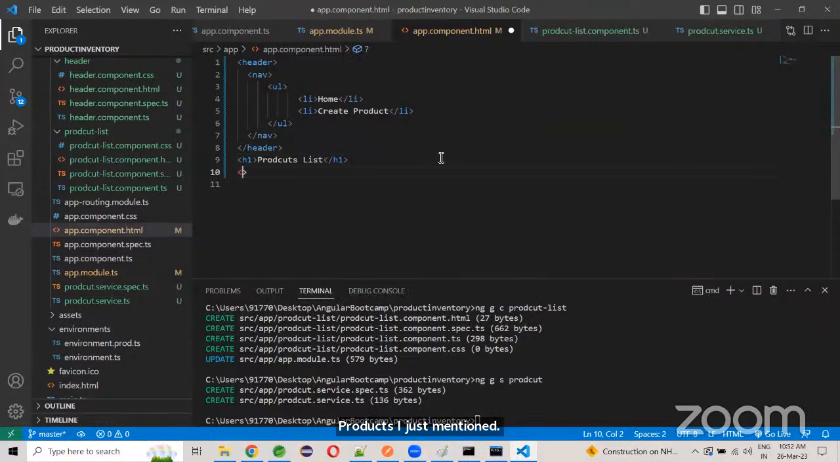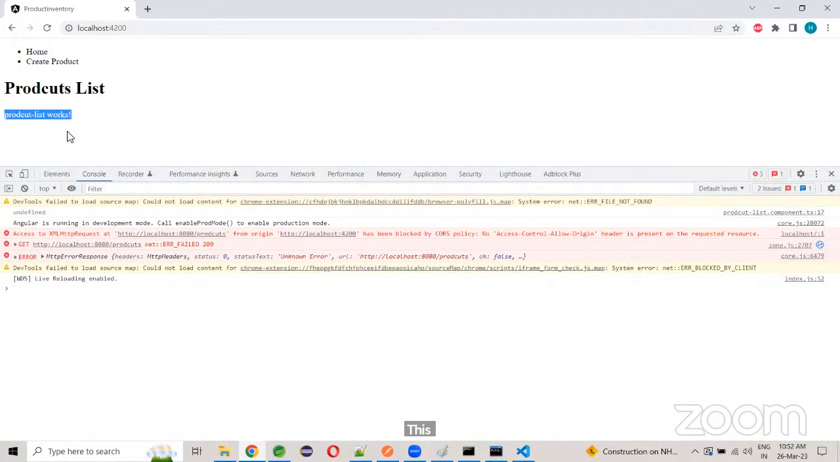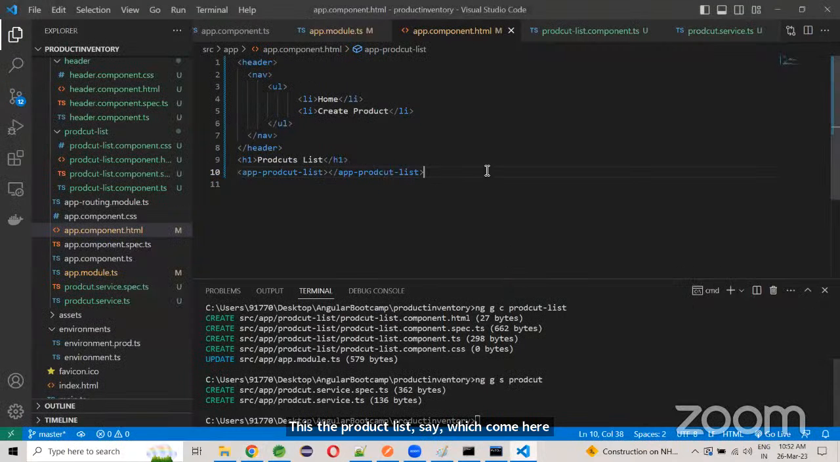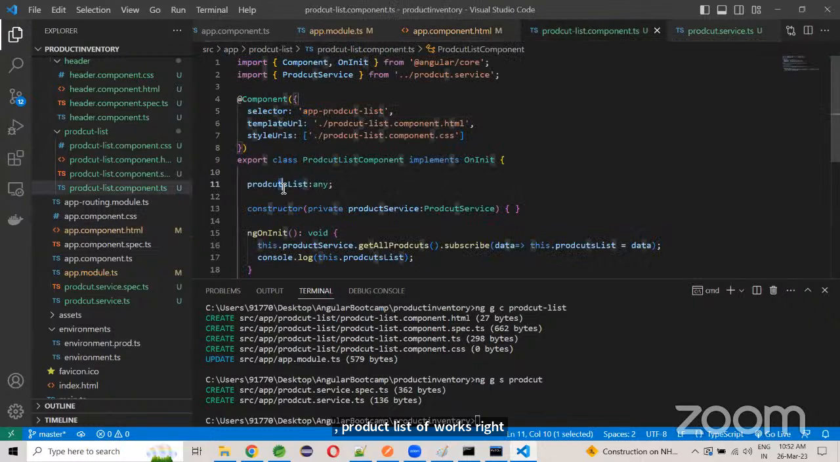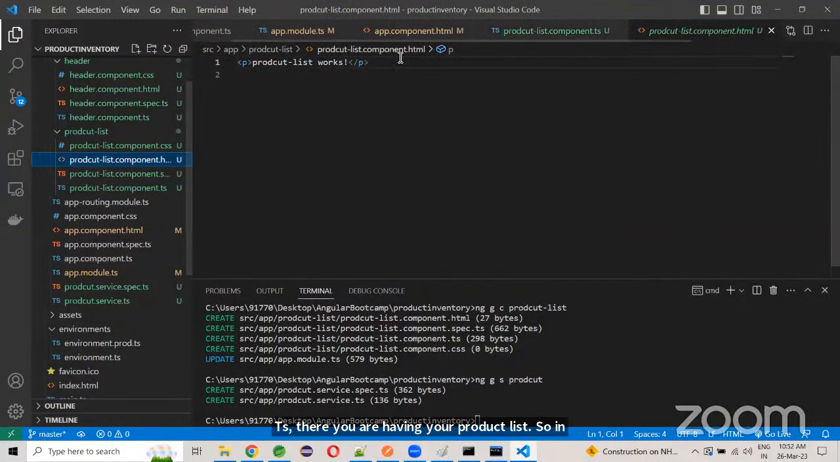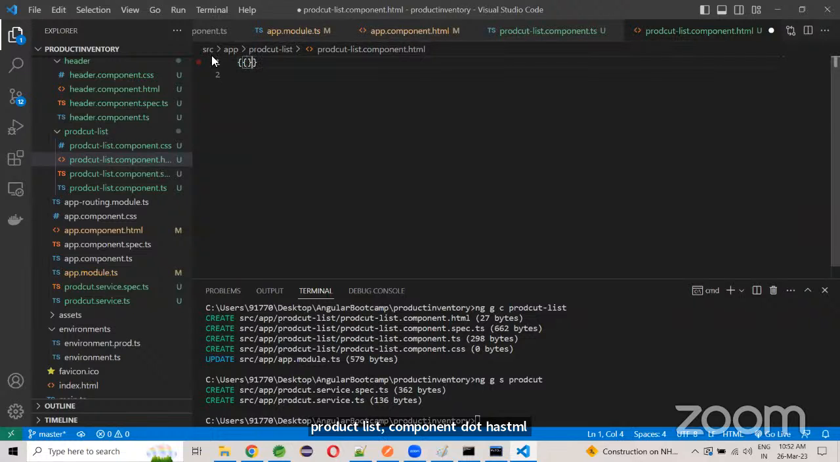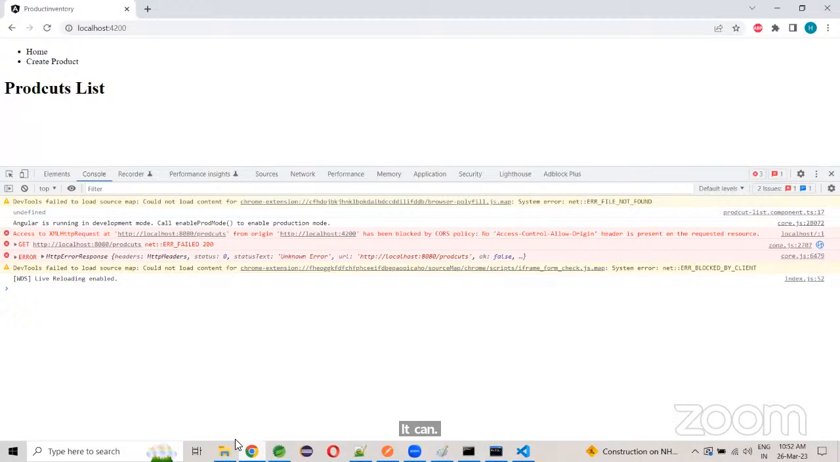So this product list, save it, come here. Product list works, great. So now go to product-list.component.ts. There you are, having your product list. So in this product-list.component.html, we can add the product list. Okay,